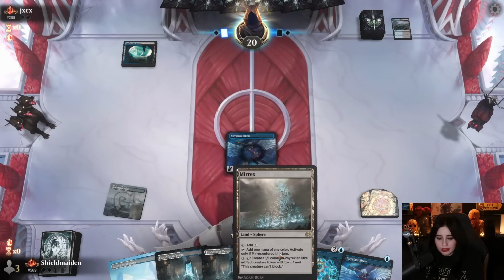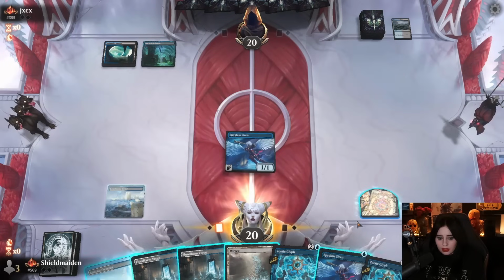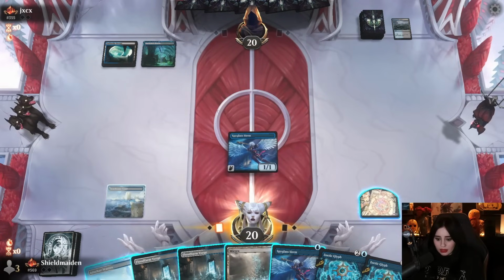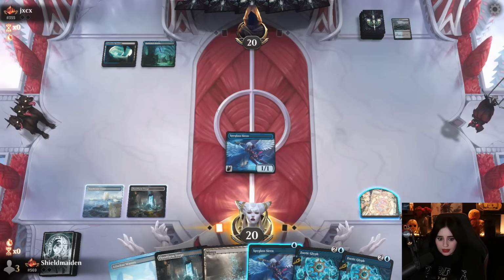It's a very solid creature. Definitely one of the best turn 1 plays in here. Alright, we have been blessed. There's another Zoetic Glyph in our hand. So let's just start off with a Flood Farm Verge here. I'm going to probably try to start off with...